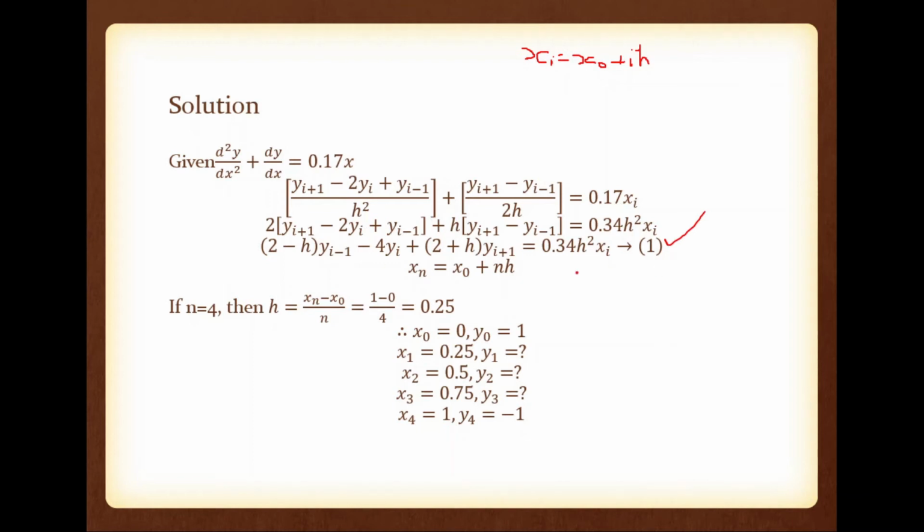Okay. So now just note down this equation. We are going to substitute i from 1 to 3 into this equation. If i equal to 1, this term will become y0, this term will become y1 and this term will become y2. If i equal to 2, this term will become y1, y2 and y3. If i equal to 3, this term will become y2, y3 and y4. So that we are going to do. So after substituting i from 1 to 3 into equation number 1, we have,